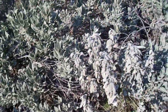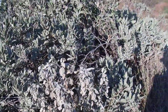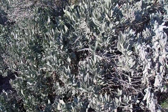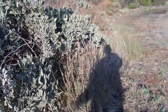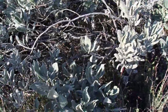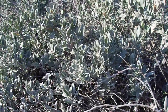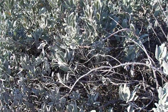So, why is Thickleaf Yerba Santa so gray colored? Well, I was mentioning earlier that Yerba Santa grows in very drought susceptible areas, in places that are dry for a huge chunk of the year. This gray coloration is mostly due to the whitish hairs on the leaves. The whitish hairs protect the leaves themselves from too much insolation during the dry parts of the year, which would evaporate the moisture out of the leaves really quickly,